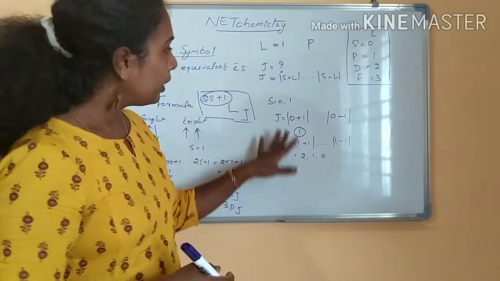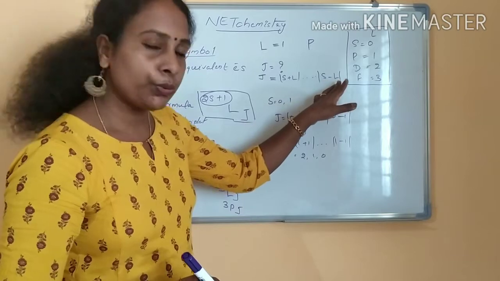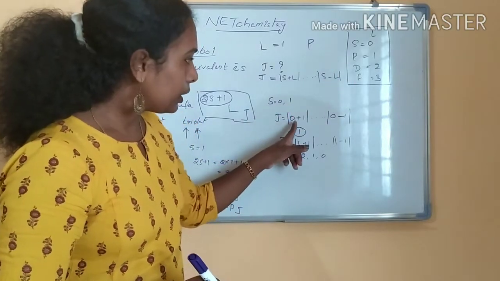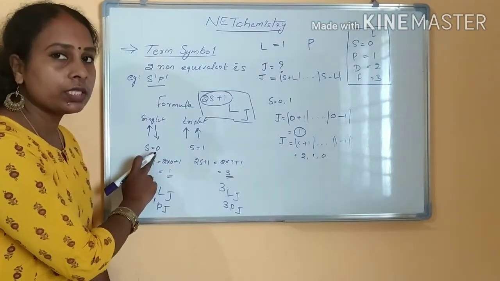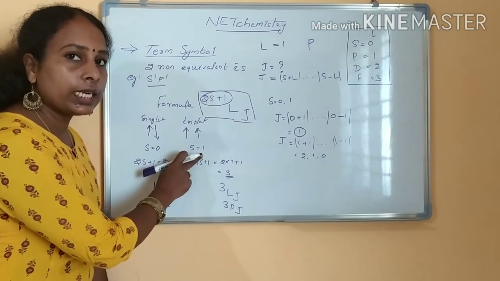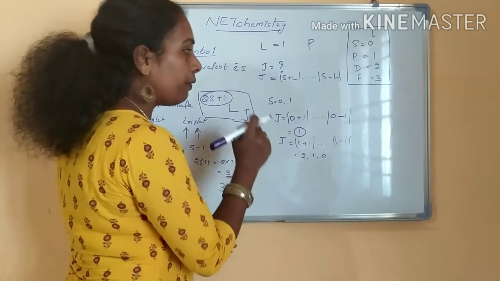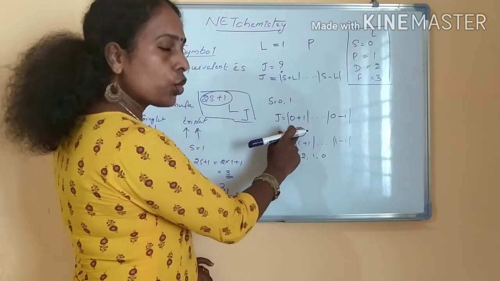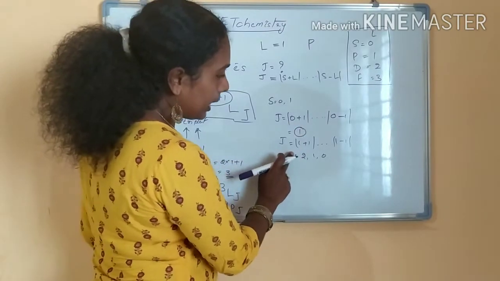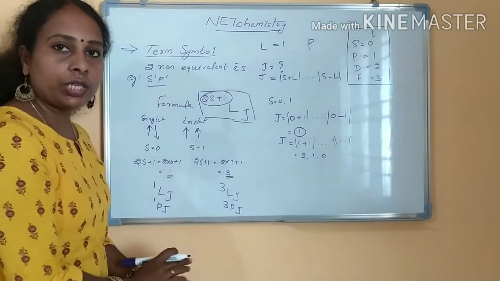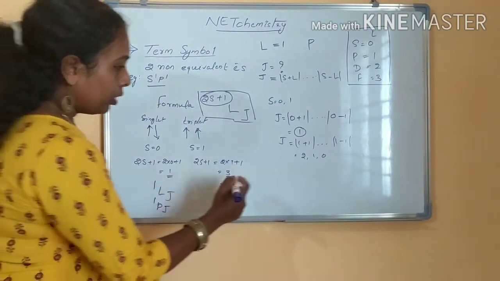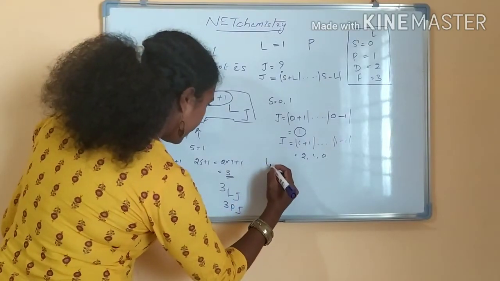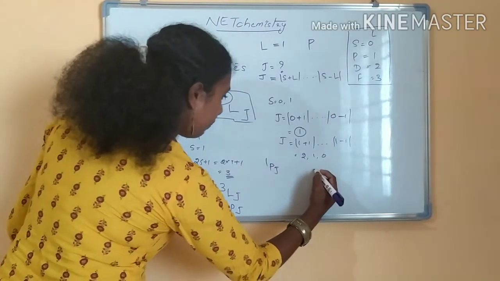It is clear? J equal to L plus S to L minus S, right? So 0 plus 1, S spin, two types of spins we have. 0 spin is there, singlet. S equal to 1 value is there. Both the values I have applied. For one I got J is equal to 1 and for the other J is equal to 2, 1, 0. 3 values we got. Okay, now we will apply. What we got? 1 P J and 3 P J, right?